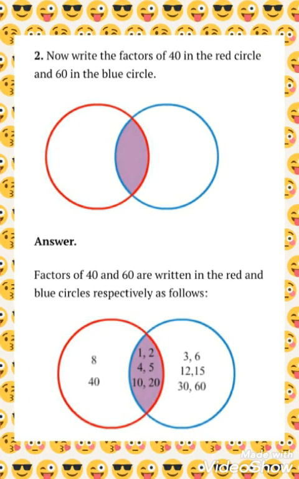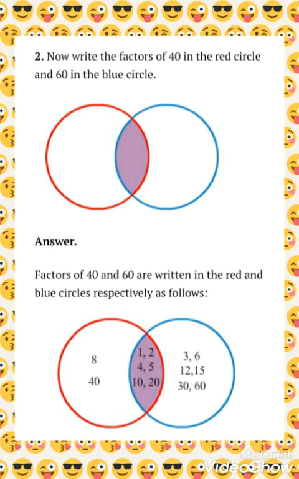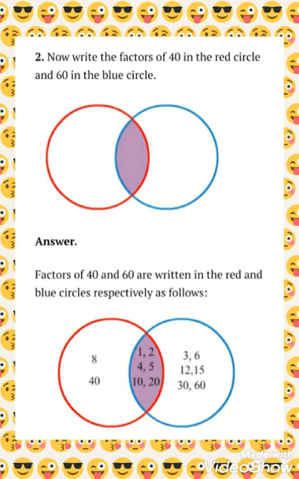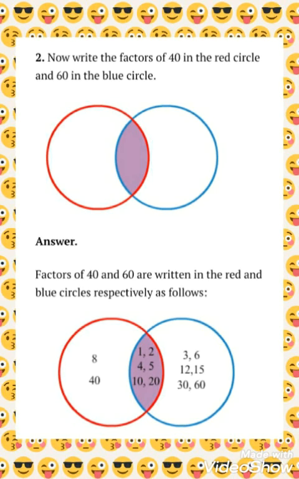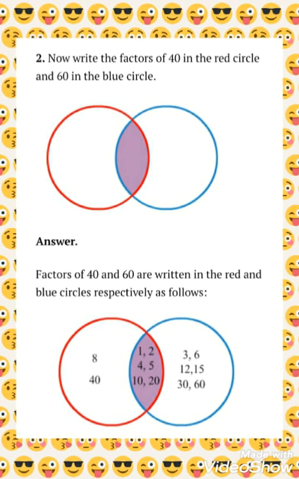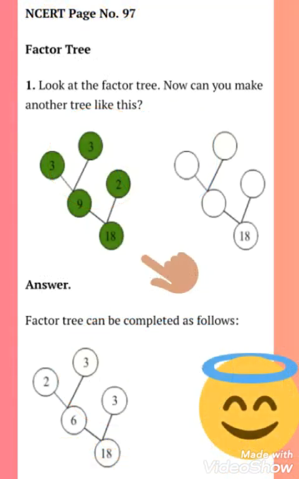And the other way of finding out the factor is to multiply it. In the table of 8, 40 comes? Yes, it comes. That's why 8 is a factor of 40. Similarly, 40 is a factor of 40 because 40 ones are 40. 40 into 1 is 40. That's why if you divide 40 with 40, you will get 1 as a quotient and 0 as remainder. That's why it is a factor.